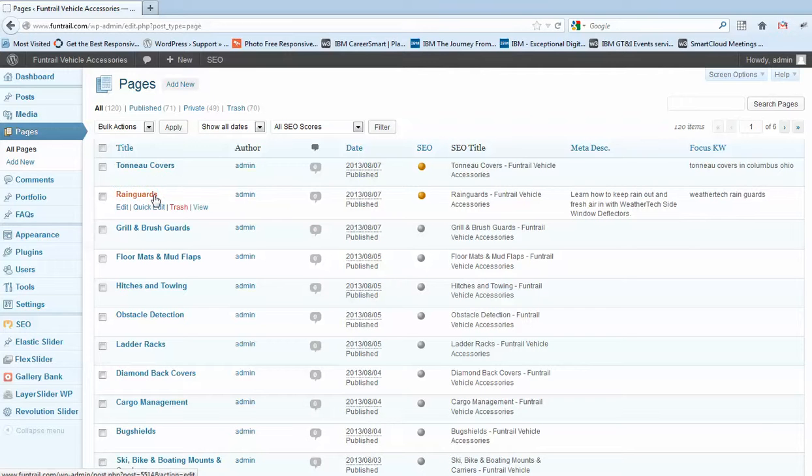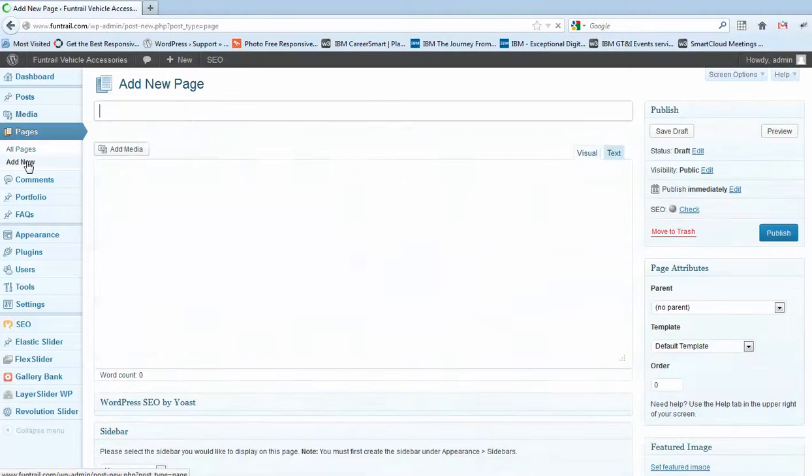So everything is basically organized by the date it was created, so the newest stuff will usually float to the top. So let's create a new page. We'll just call it test. So let's click on add new, and we'll also add it into the menu just to show how it works. So let's just give it a title here,